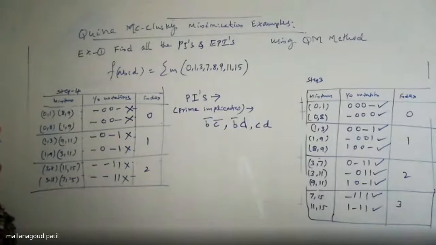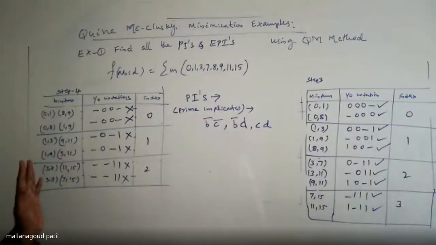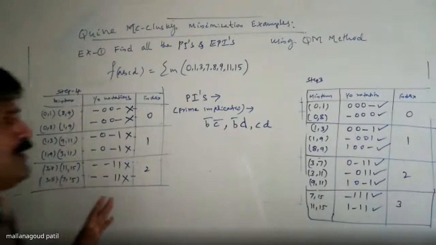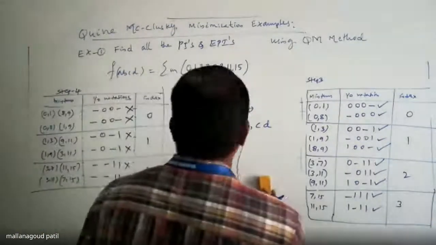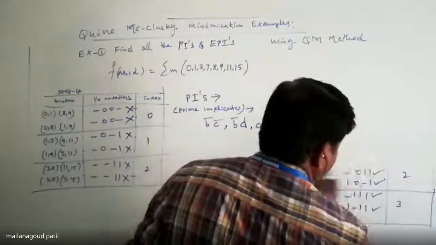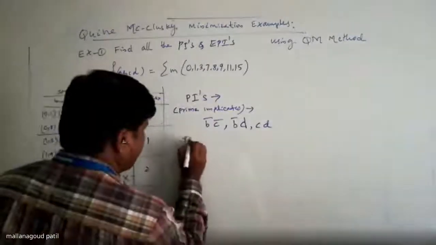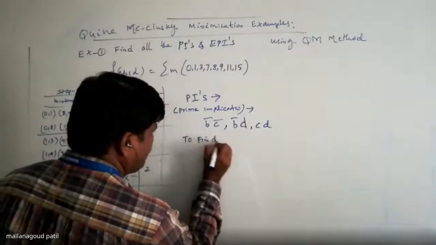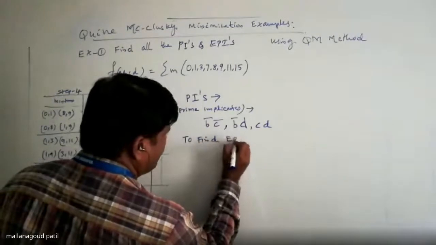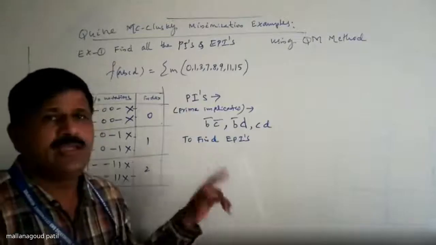Next, after finding the prime implicants, we have to cross check whether all are essential prime implicants. To find the essential prime implicants, we are supposed to go for the tabular method. How to find the EPIs? I can write here: to find EPIs, essential prime implicants,